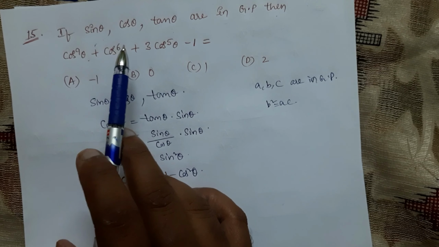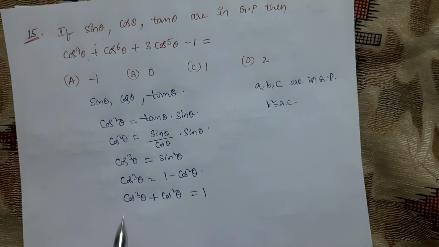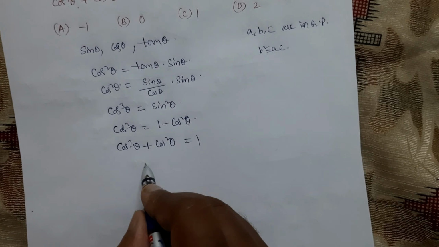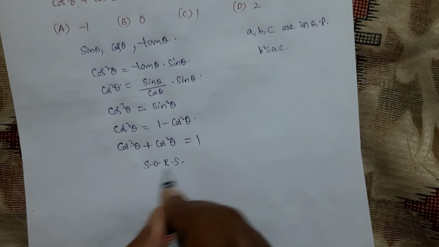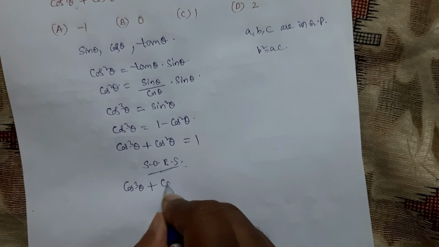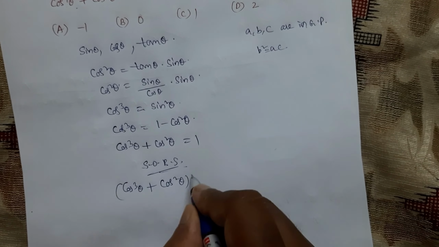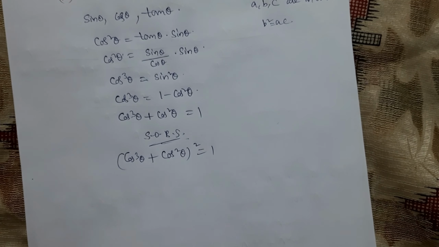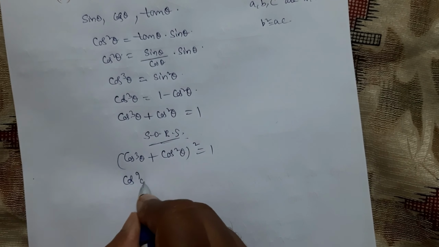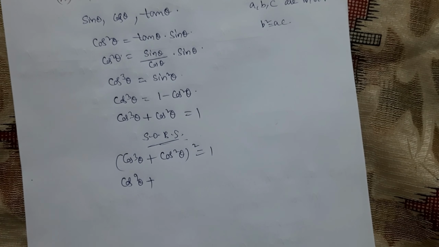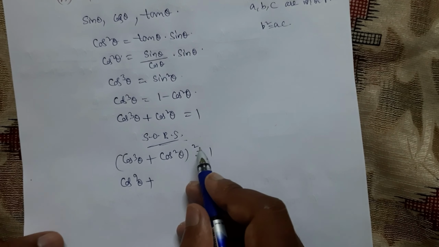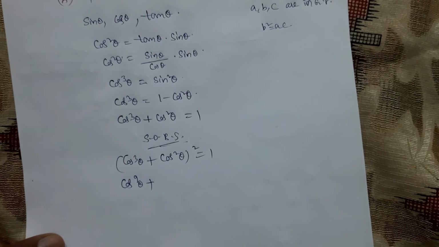Okay, power 9 ಇದೆ, but ನಮ್ಗೆ ಈಗ ಪವರ್ 9 ಬರಬೇಕಂದ್ರೆ ಇದೇನಾಗಬೇಕು, 3 whole square, we should do whole square. That means if I do squaring on both sides to this, so it will become cos cube theta plus cos square theta whole square is equal to 1 square ಅಂದ್ರೆ 1. ಈಗ a plus b whole square ಅಂದ್ರೆ cos power 3 whole square means cos power 9 theta. Okay, plus cos square theta plus okay whole cube.